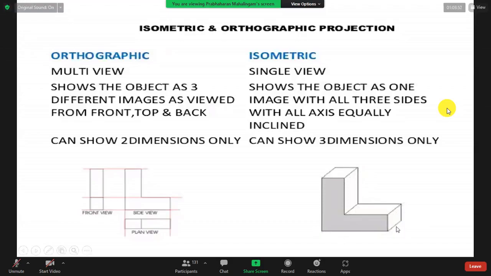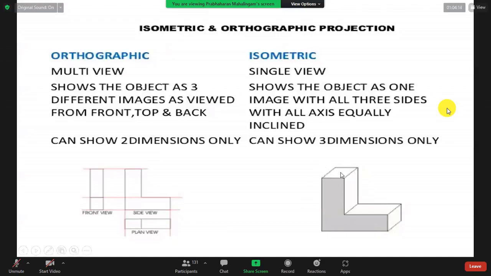With the horizontal, what is the angle of this line? 30. This is the horizontal, vertical and 30 degree lines. We call it axes equally inclined. Equally means it is 30 degrees, right? It is a 3D, it's a 2D.